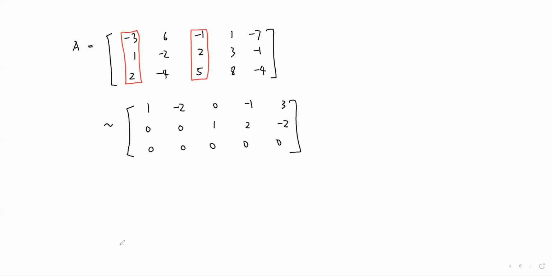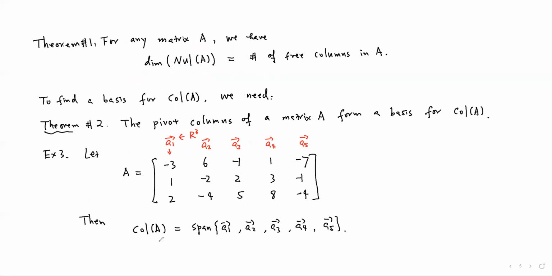So therefore, the column space of matrix A is spanned by all the columns, A1, A2, A3, A4, A5. First column, pivot. Third column, pivot. The other columns turn out to be spanned by the first column and the third column. So by theorem, this theorem number 2,